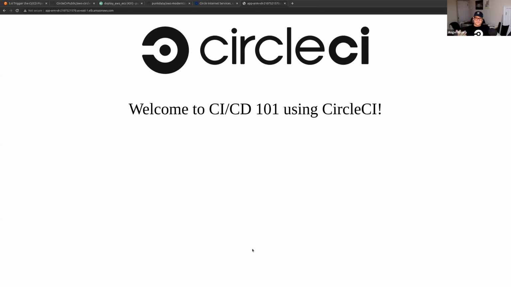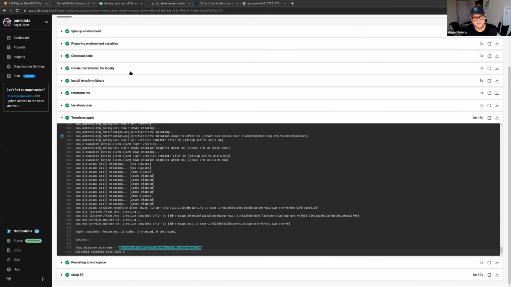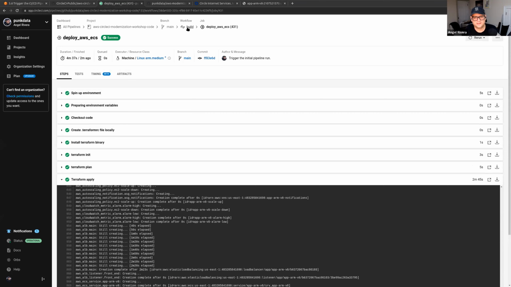And this application is running on an ECS, the Amazon Elastic Container Service cluster that is powered by Graviton 2 ARM compute nodes, right? So again, this is designed to show you a robust pipeline that is the common pattern in most organizations and teams. So let's just jump back over to our pipeline and look at it, like where it's at,